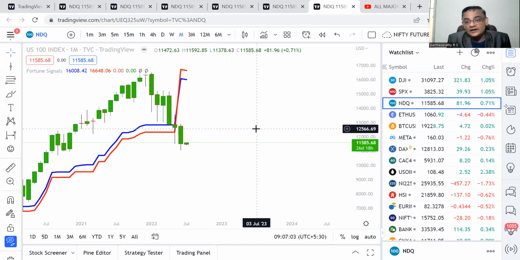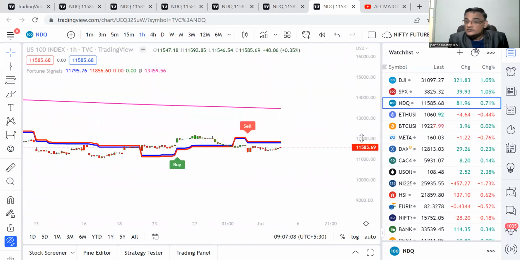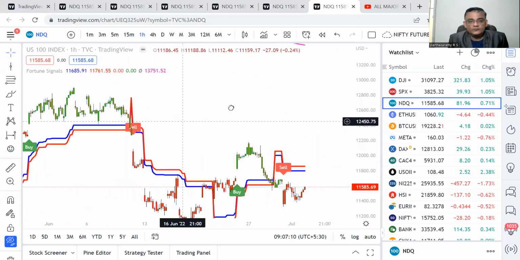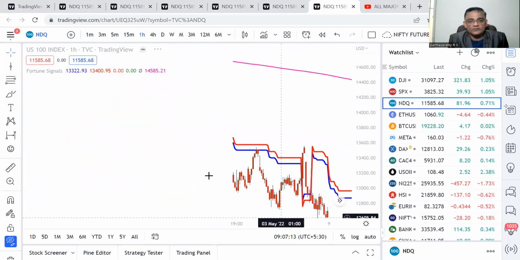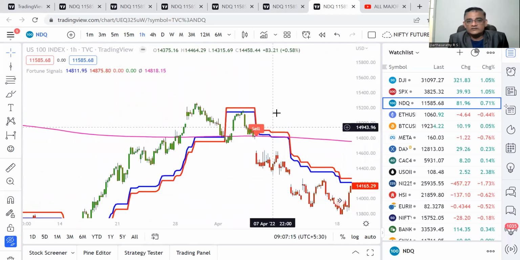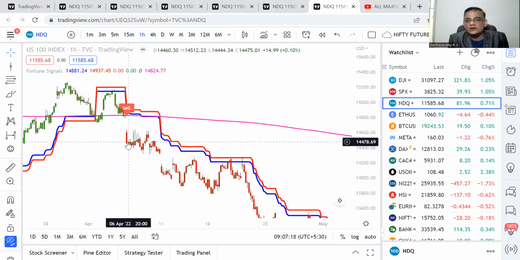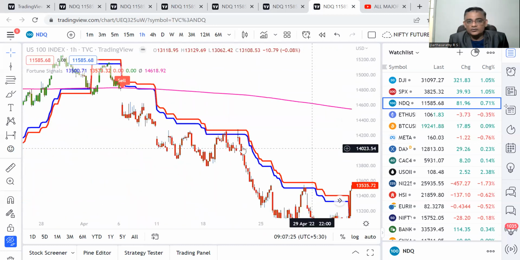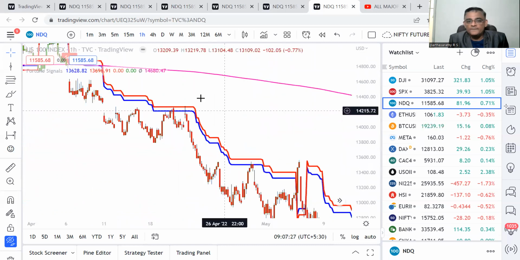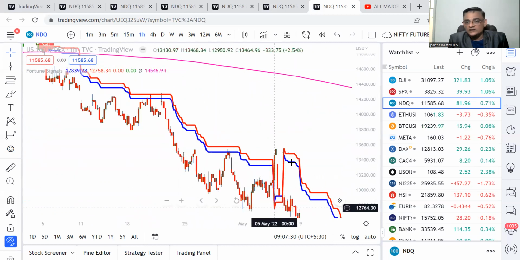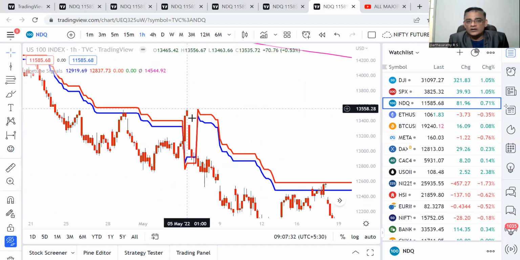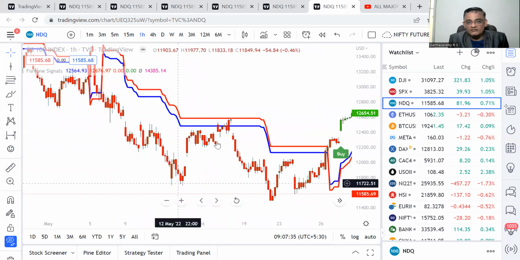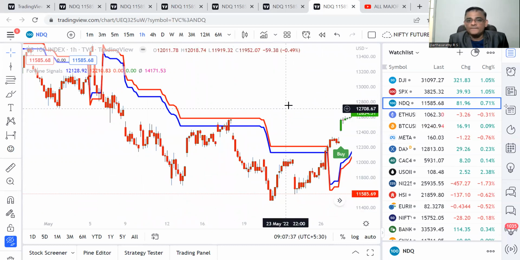Okay, now let's go to the trading part. Let's go to first 1 hour. See this. On 1 hour basis, it gave a sell at 14,478 and it became genuine on 1 hour. From there, we are seeing whenever it goes and touches my blue and red color, it will fall. Okay, it broke, again it is in sell. Again, whenever it goes and touches my blue and red, it will fall.